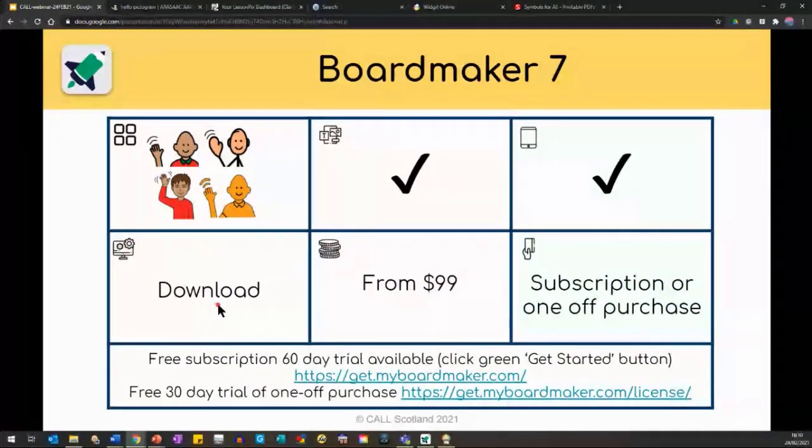There's a couple of options for doing that. You can subscribe or you can buy it as a one-off purchase. And different things are available to you with the subscription compared to the one-off purchase. So if you subscribe to Boardmaker 7, it's $9.99 per month or $99 per year. It starts off at that. Or you can buy a one-off purchase of Boardmaker for